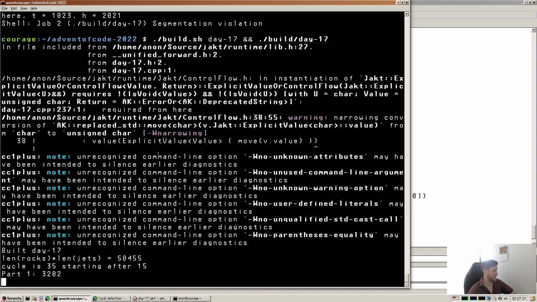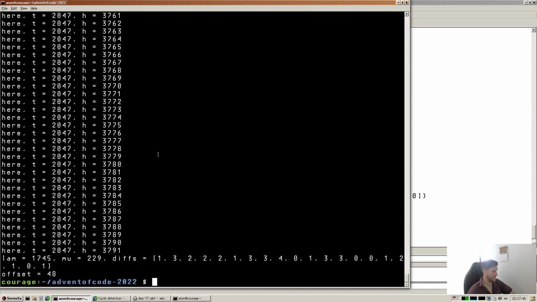Well, bigger array. Yeah, and that found it. So our cycle length was like 17,000, but we started at 229, so we actually had to go a bit further than 2022. So where I want to go from here,